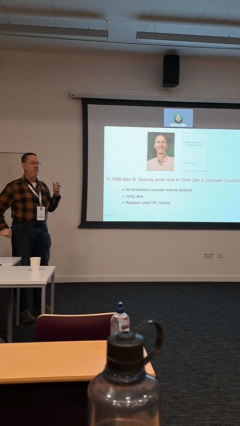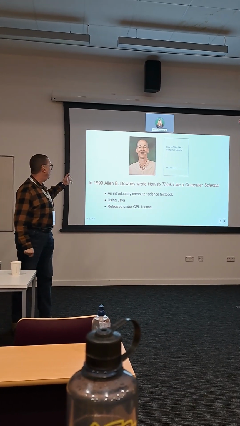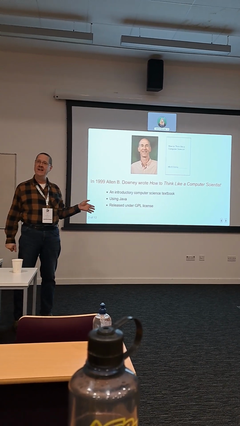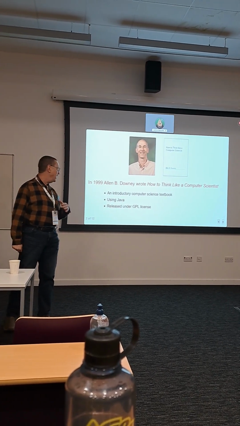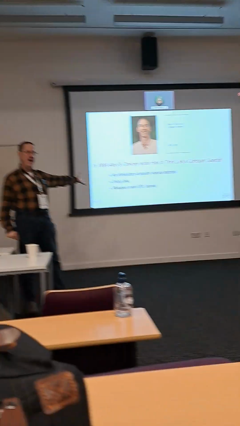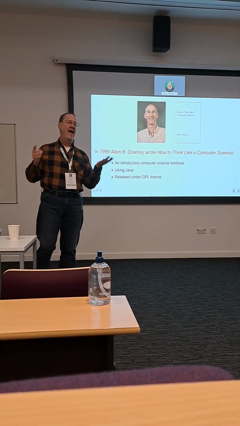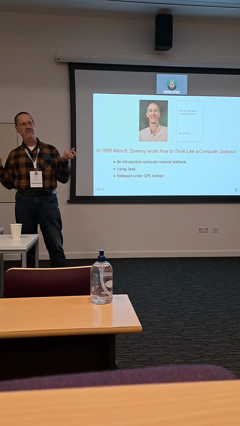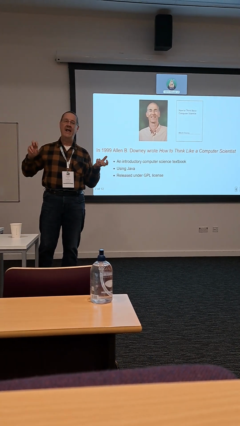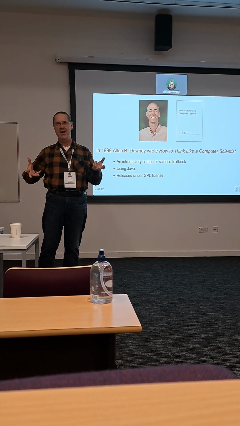And what happened then was, Alan Downey wrote a book called How to Think Like a Computer Scientist. And he released it under the GPL. So since people were not familiar with the GPL, how many people here know about the Creative Commons? Okay, so the GPL stands for the GNU Public License. And it comes from the free software movement. And it's also known as copyleft. And the idea of copyleft is it's copyright turned upside down.